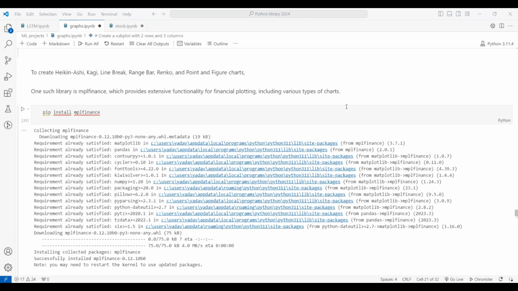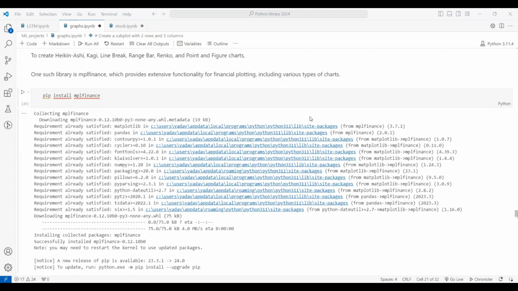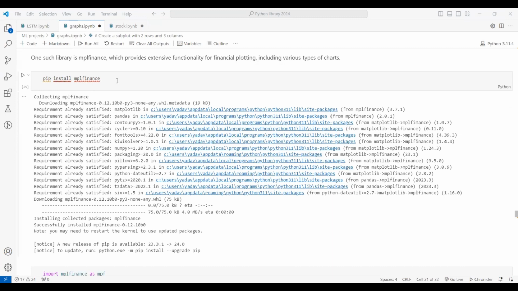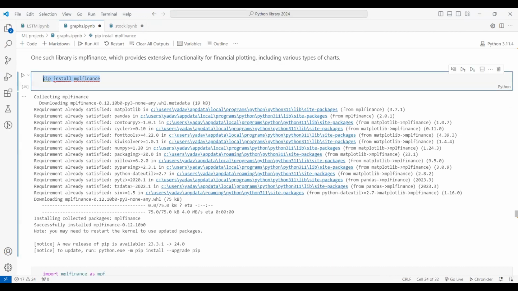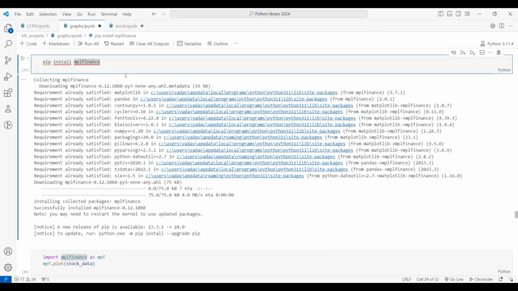In today's video, we will see how we can plot more graphs related to the stock market using Python. There are a few graphs which cannot be plotted using Matplotlib or directly the Finance library. So we have to use another library called MPL Finance, which provides extensive functionality for financial plotting. There are various types of graphs which you can plot. For this, you have to install that library using the command pip install